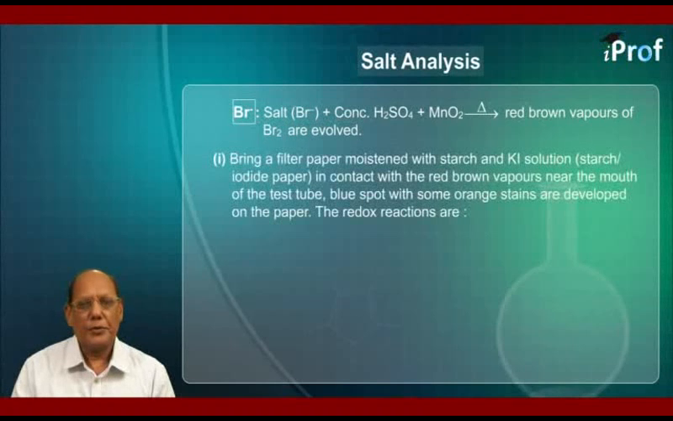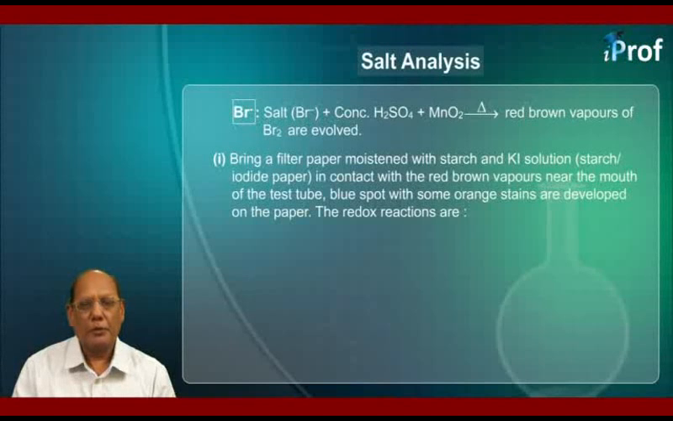The first test is to bring a filter paper moistened with starch and KI solution. We call it a starch iodide paper. In contact with the red-brown vapors near the mouth of the test tube, a blue spot with some orange stains is